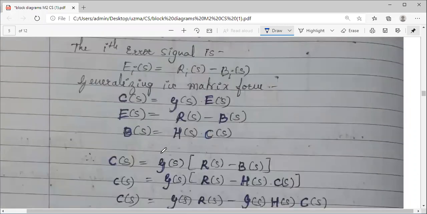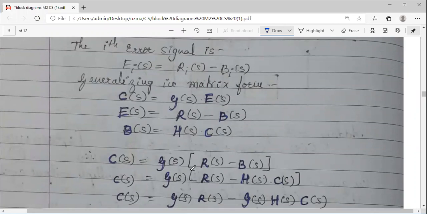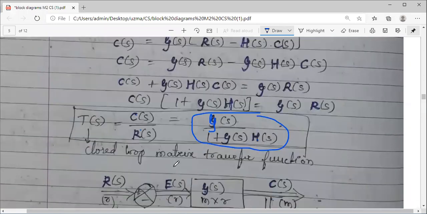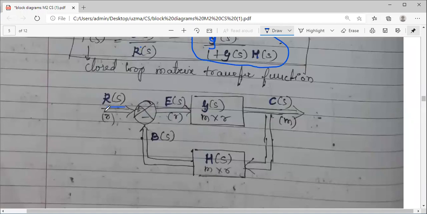In a similar manner, as with the negative feedback system, we have found a transfer function for the multiple input, multiple output system, where these blue color bold letters G, H, C, R all indicate matrices. They are not a single signal, they are multiple. So they indicate the matrices. And this double arrow indicates many. It is not single, it is multiple.